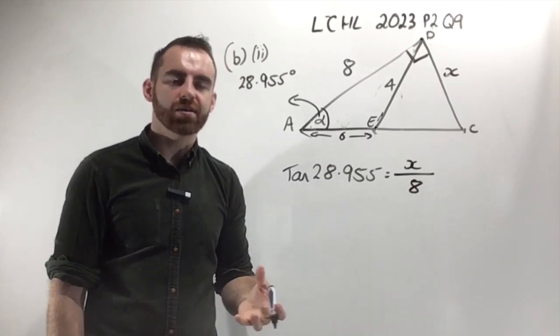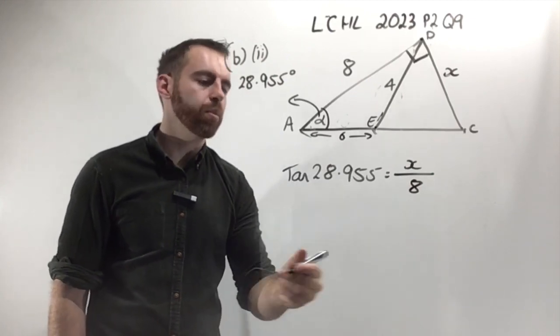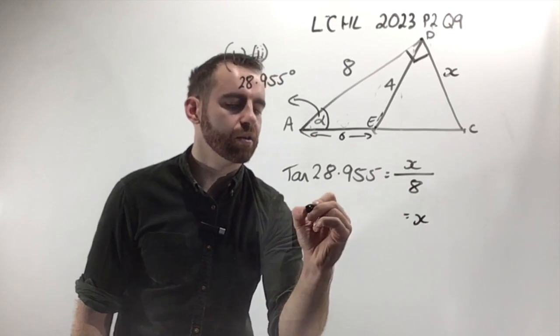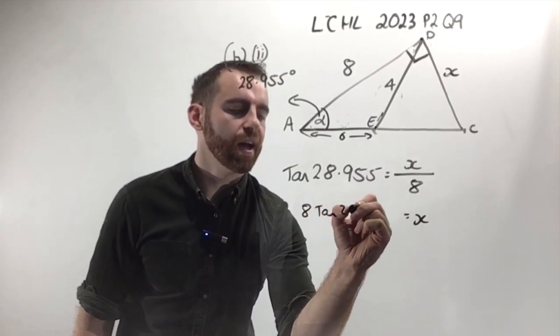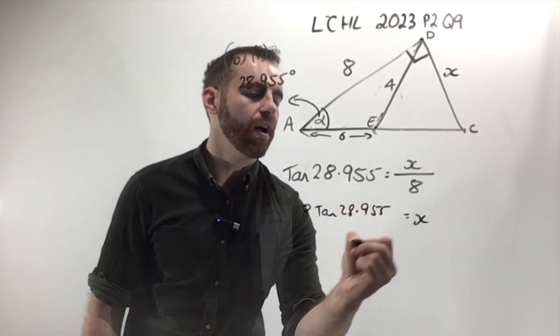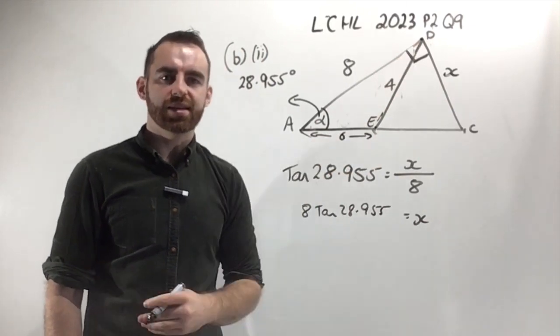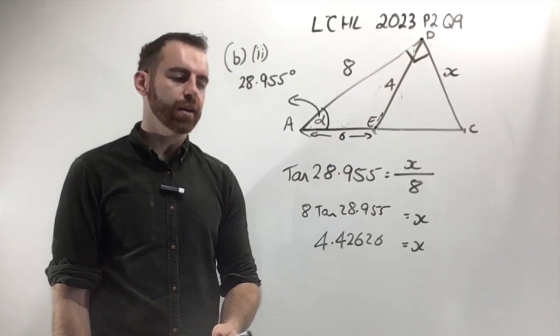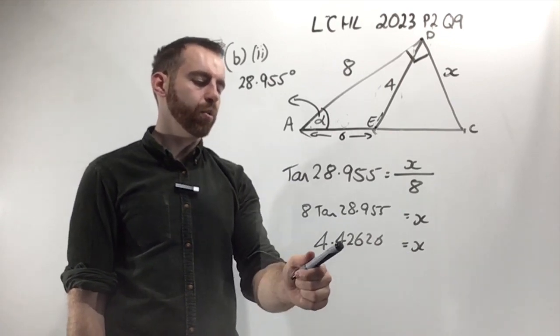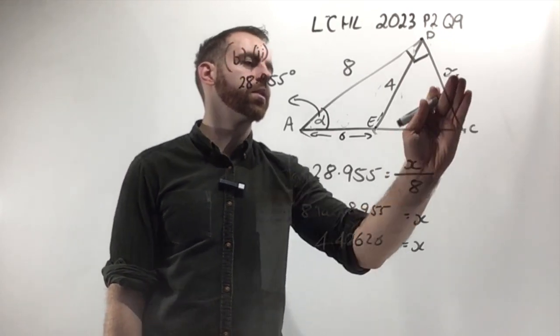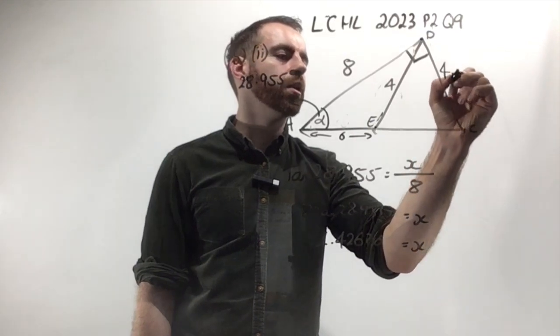Now, in order to get x on its own, all we have to do is multiply both sides by 8. So x is going to work out as 8 times the tan of 28.955. And if we plug that into our calculator, it'll tell us this distance DC. So if you plug that into your calculator, x works out as 4.42626. So now I can say that the base of my triangle is